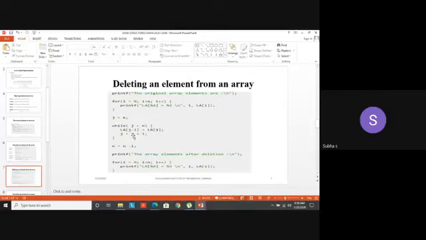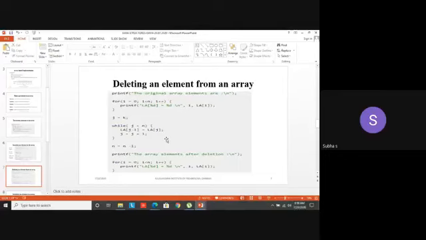Now I have incremented that J value. Initially J is 3. Now it becomes 4. 4 less than 5. What will happen? It will come to that for loop. So the element in the fourth position will move to the third position. Got it? Now again, J will get incremented to 5. 5 less than 5, condition becomes false. Now one more thing, n equal to n minus 1. This is important because initially my size was 5. Now it gets decremented to 4. I am going to display only the 4 elements.